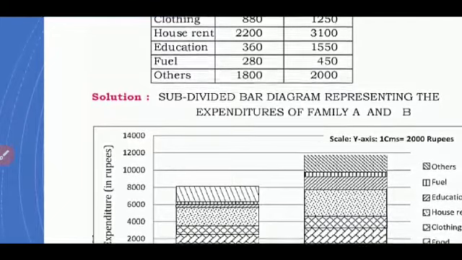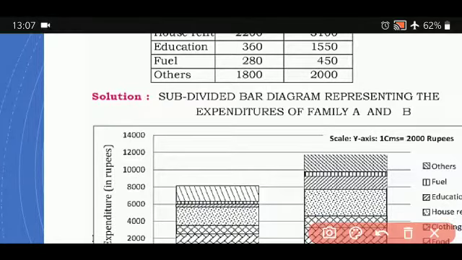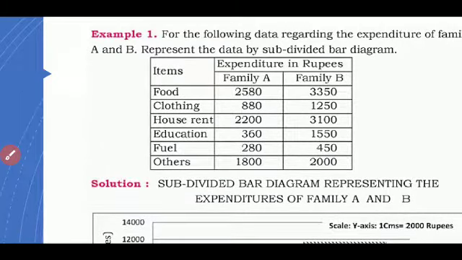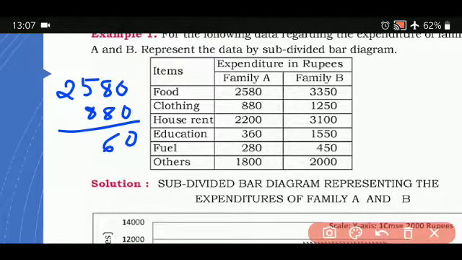It's more than 11,000. Please calculate and check the totals. I am telling the procedure how you are going to do it. So the first value, let me write it here, is 2580 plus 880. So this is 0, 16 carry over 1. This is 8, 14 carry over 1. This is 3. The next cumulative value is going to be 3460.